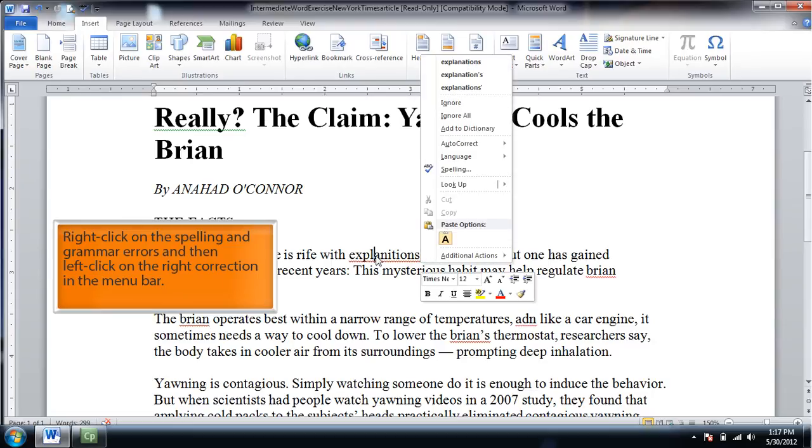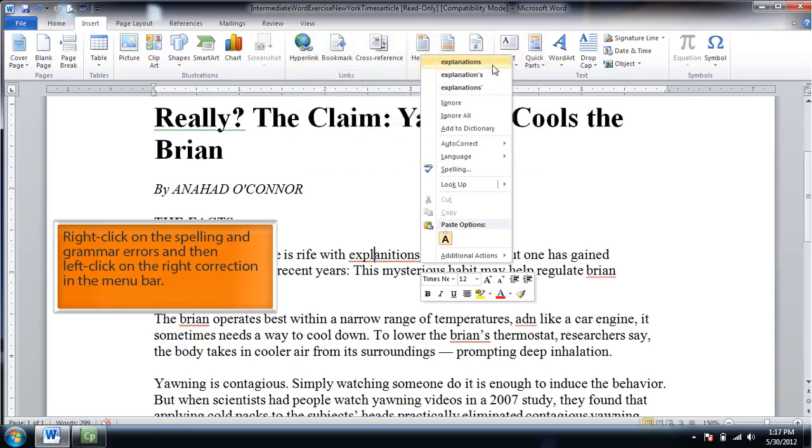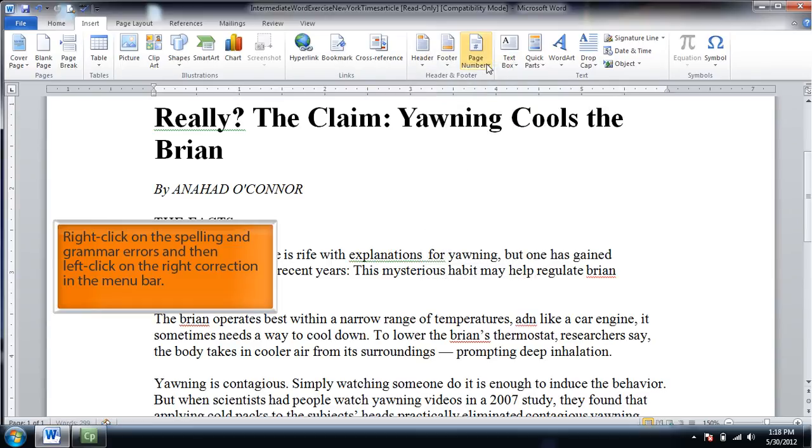A little menu bar pops up. At the top of that menu bar are different suggestions of what word you meant. You go to the right spelled word, and you left-click on that word, and it will replace it with the correctly spelled word in that place. Now you'll notice for this particular error, that red line changed to a green line underneath